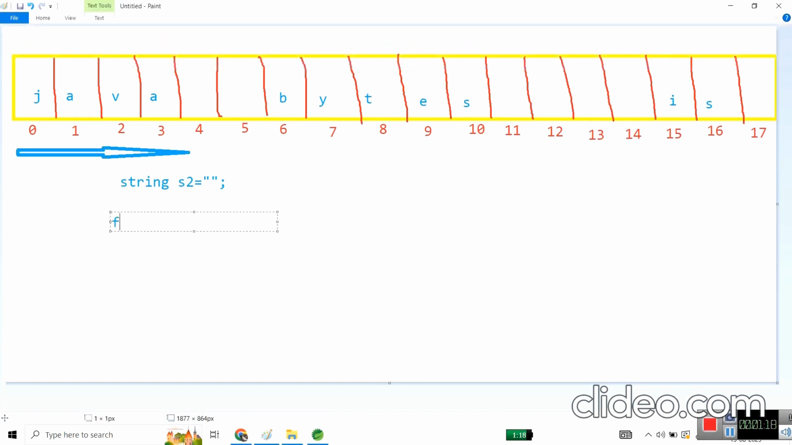For the logic, we will use a for loop: for int i is equal to 0, i less than s1.length, i plus plus. Normally we will use this logic. So what will we do here? If